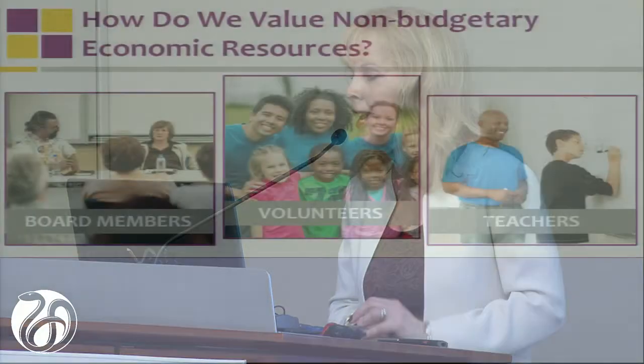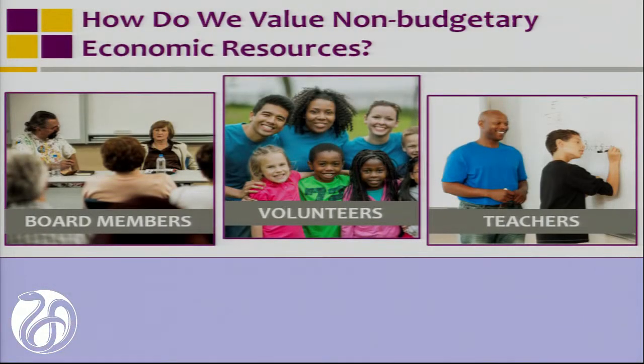I want to turn to the fact that for CTC to be successful, we relied on an awful lot of people giving their time. Board members gave their time, volunteers in our after-school programs and other areas gave their time. And teachers also implemented some of our interventions in their classrooms, but their time was already budgeted in district budgets. How would we value this time in our analysis? In my read of the literature, there were 3 different approaches, 3 ways of thinking about this issue that I found, and I want to share them with you in order of increasing opportunity cost.